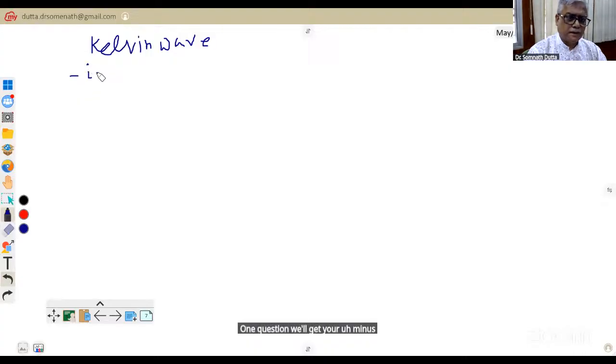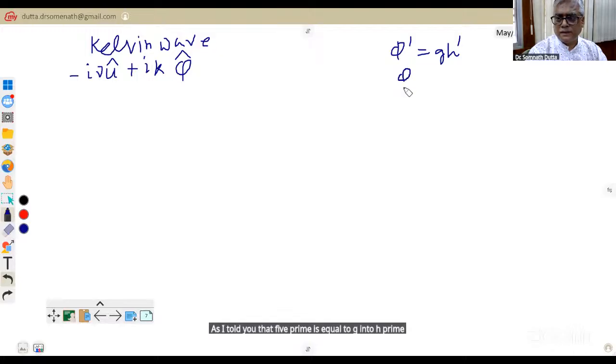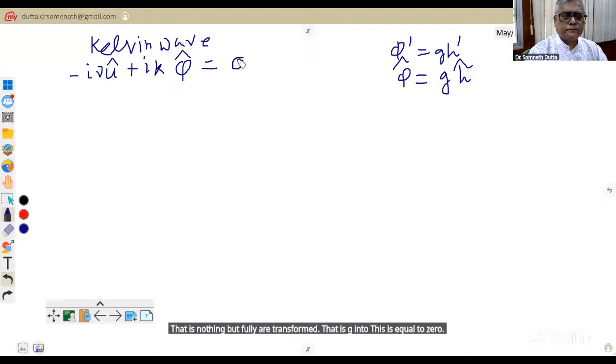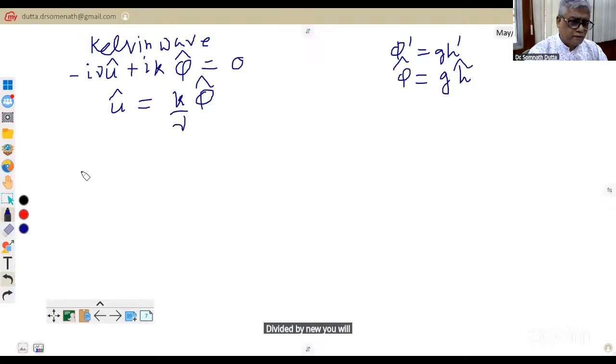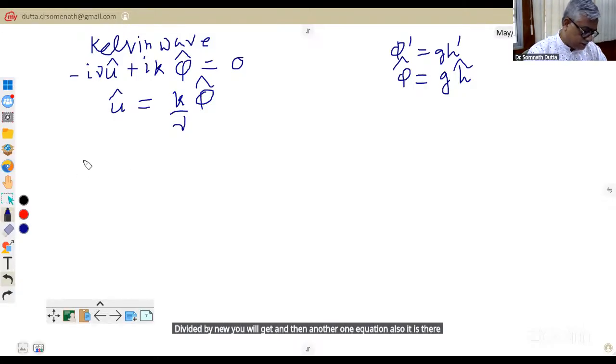minus i nu u tilde plus i k phi tilde. As I told you, phi prime is equal to g into h prime, so phi tilde, that is the Fourier transform, is g into h tilde. This is equal to 0. So from here you can get u prime in terms of phi prime, that is k phi prime divided by nu. And then another equation, that is your minus i